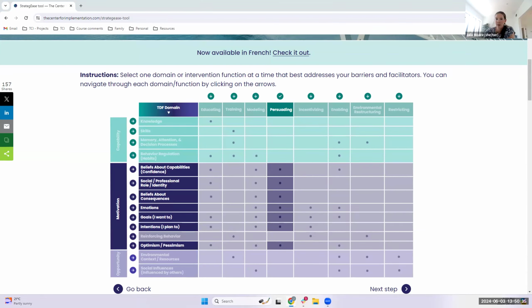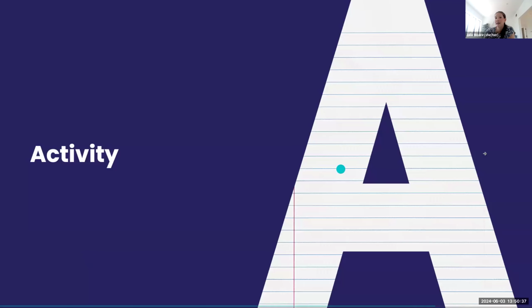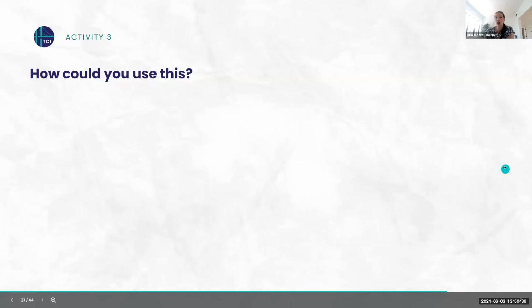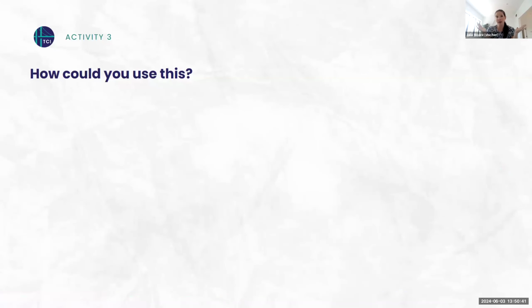So I'm going to flip us back to this presentation. Thinking about this idea of understanding barriers and facilitators, and linking them to change strategies using theory, we'd love to hear your thoughts on how you might use any of these concepts in your work.